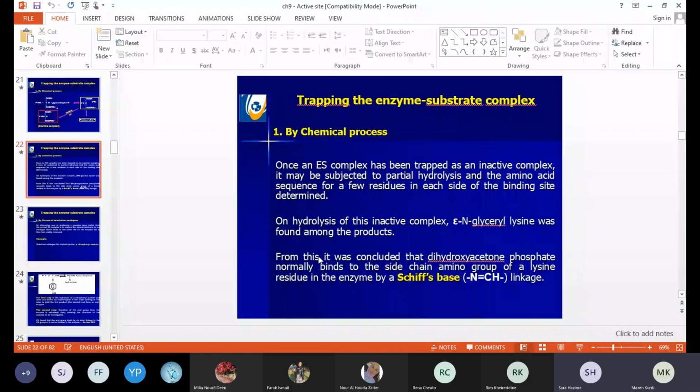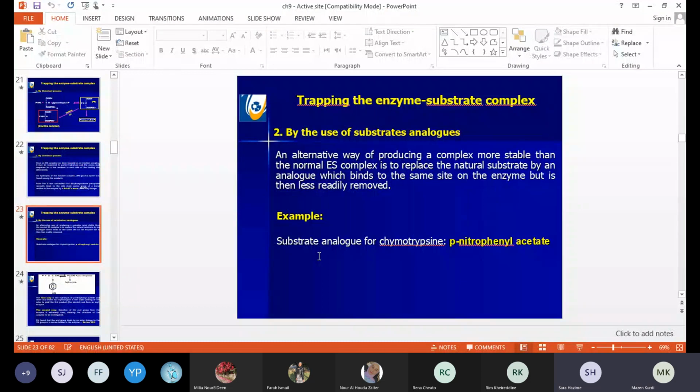This is the first method. So you can use a biochemical process to trap an enzyme substrate complex. We have other methods, which is the use of substrate analog. One alternative way of producing a complex more stable than the normal ES complex is to replace the natural substrate of the enzyme by an analog which binds to the same site of the enzyme, but in this case it's less rapidly removed. ما ننسى يعني مثلا